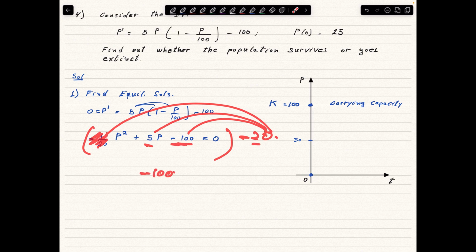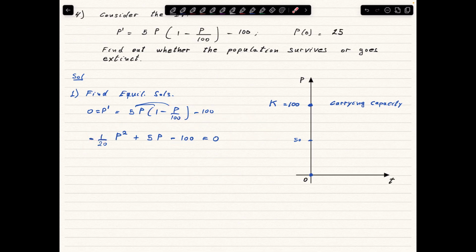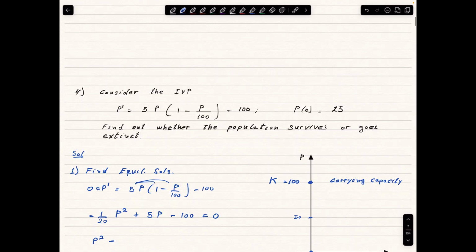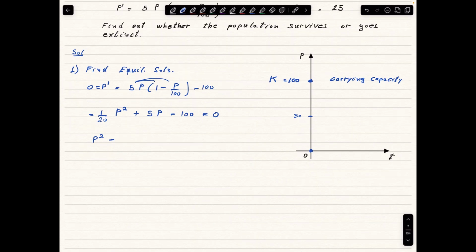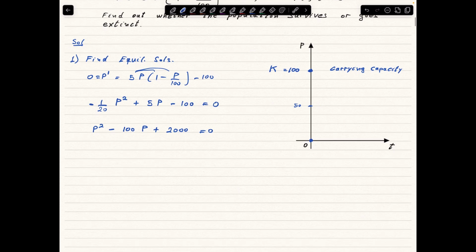And here we are going to have a positive 2000. And then we are going to have p squared minus 100p plus 2000 equals 0. So now we use the formula for the roots, and we are going to have two roots,